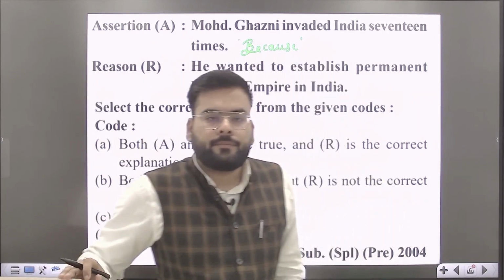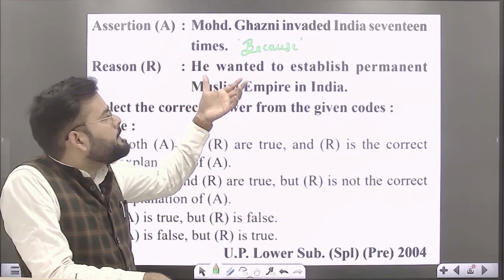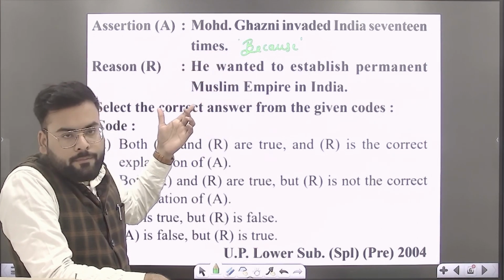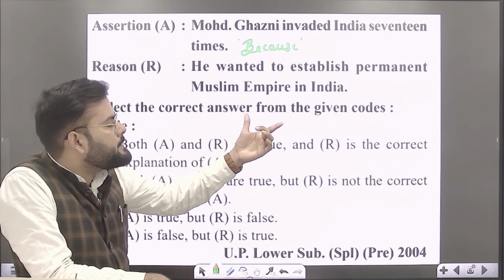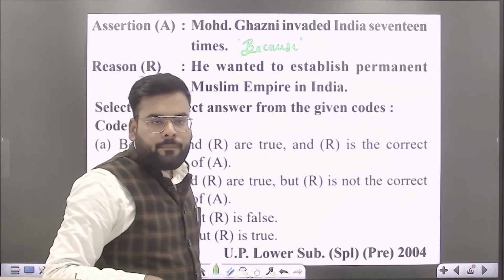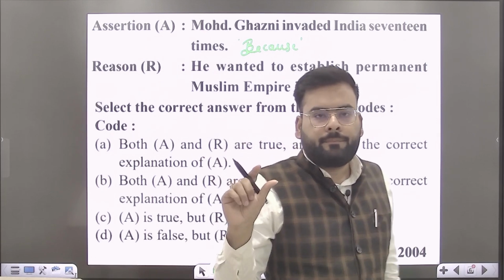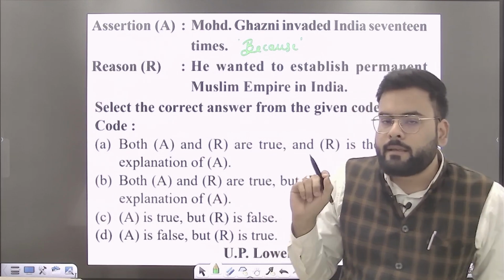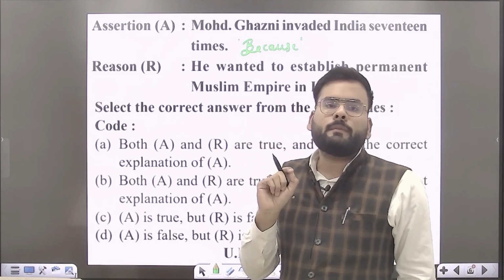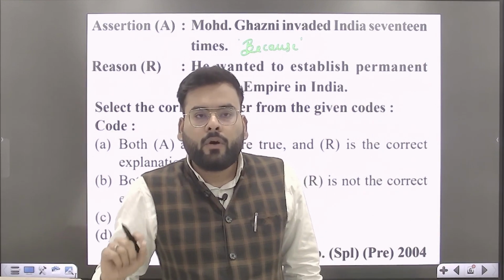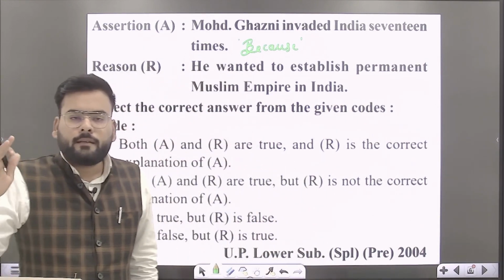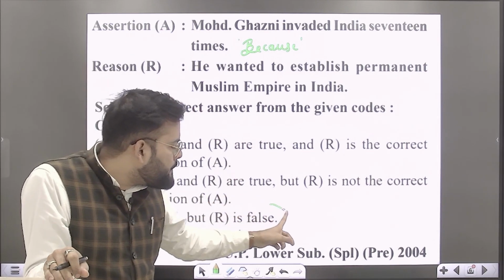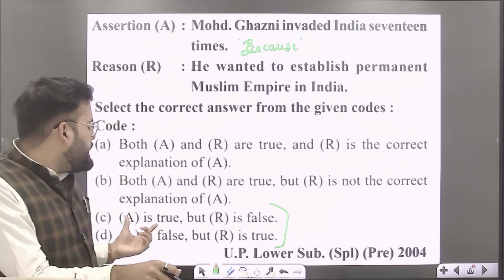Now let's read the question in one flow. Mahmud Ghaznavi invaded India 17 times because he wanted to establish a permanent Muslim empire in India. Now remember, this is one single line, and whenever you find that something is not correct in this statement, if there is a factual error or something that seems odd, you should know that there are two options which you should tick. Either A is true or